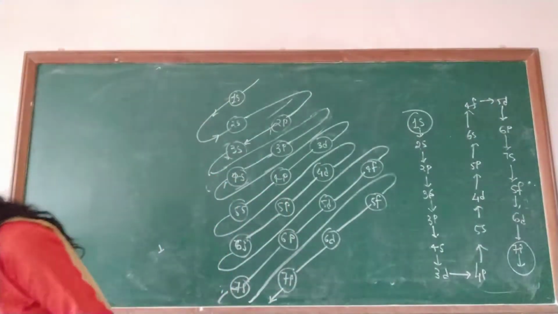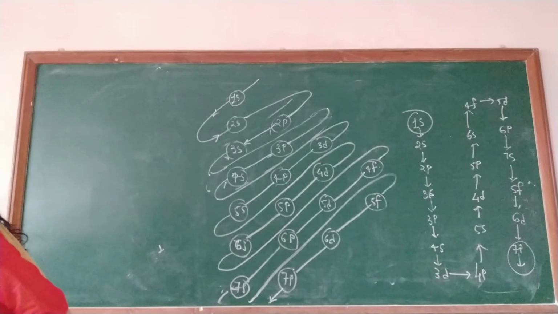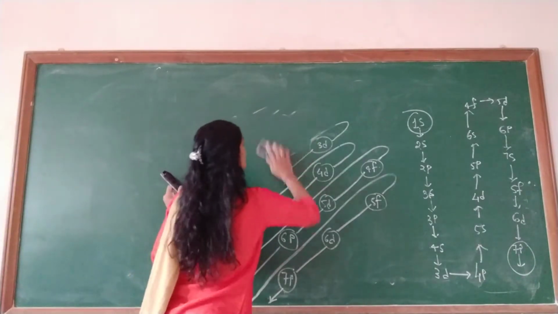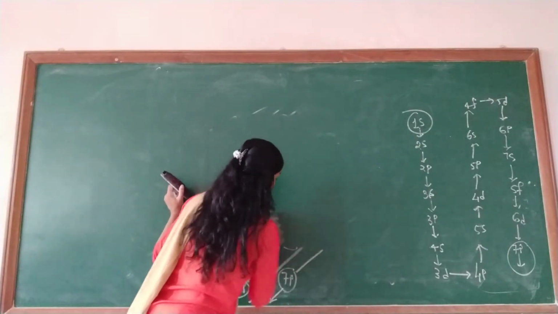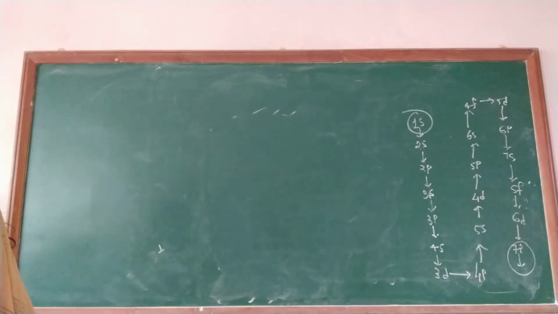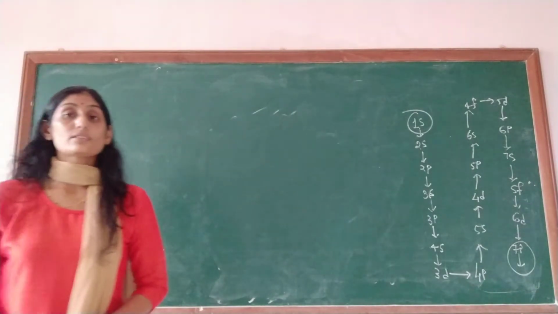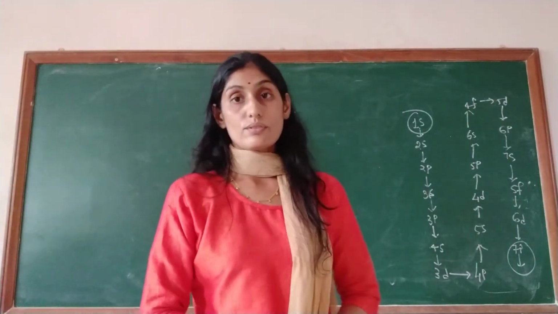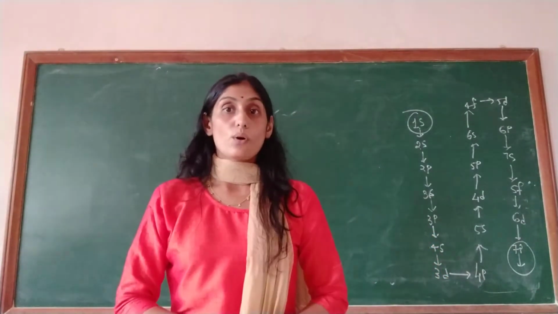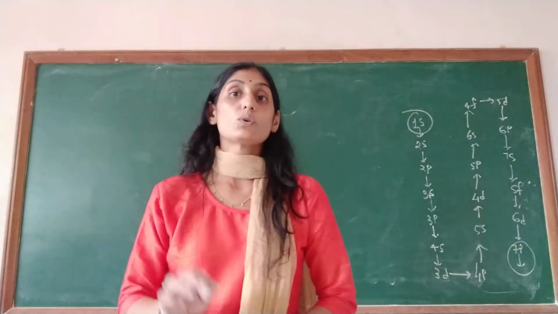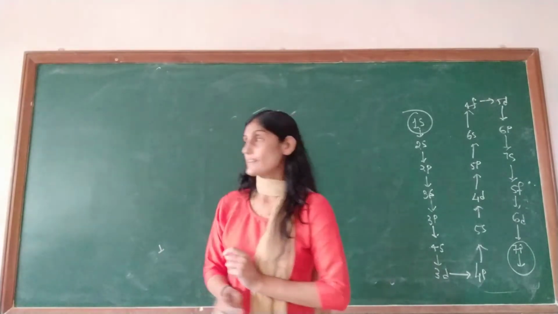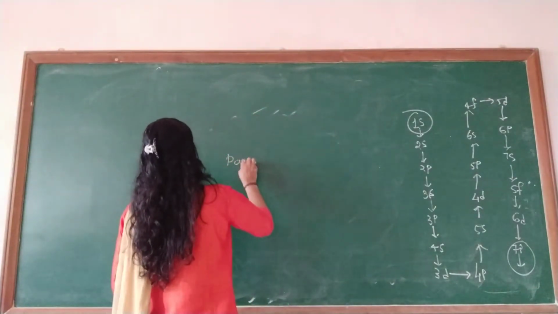Now we are moving to Pauli's exclusion principle. What Pauli has said is that when we talk about the number of electrons, the maximum capacity of any orbital is 2, not more than 2. That is what you have to write about Pauli's rule.